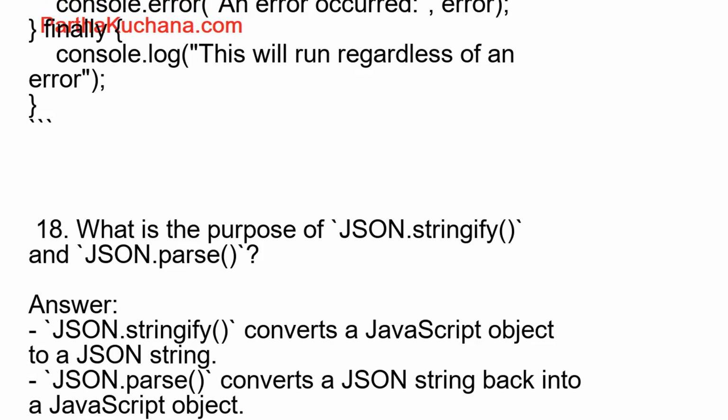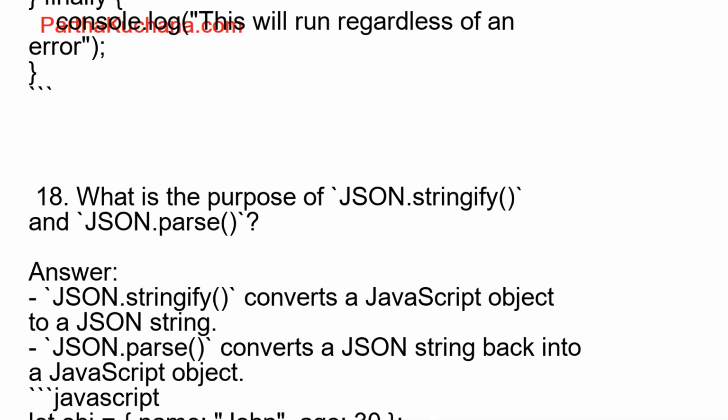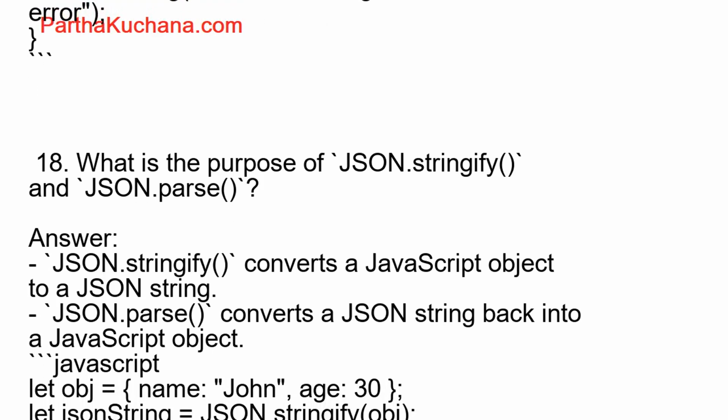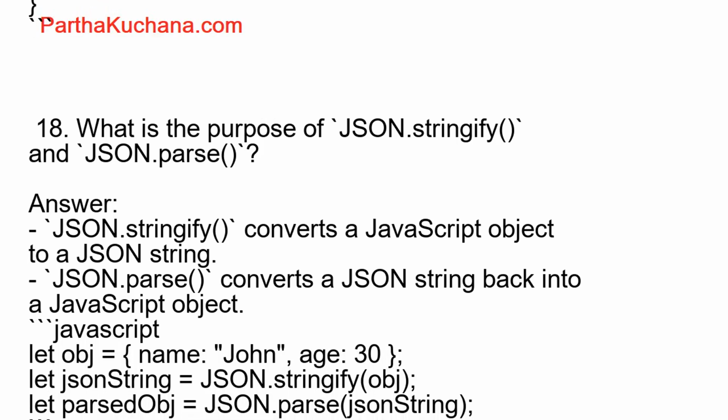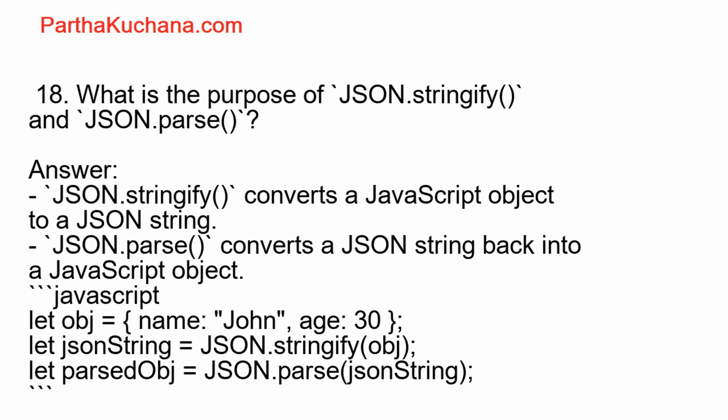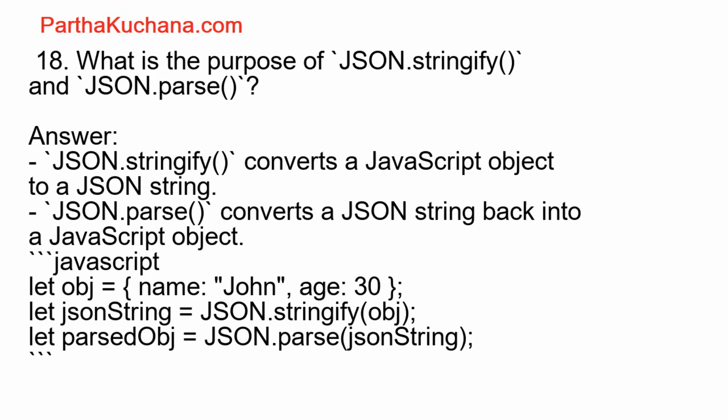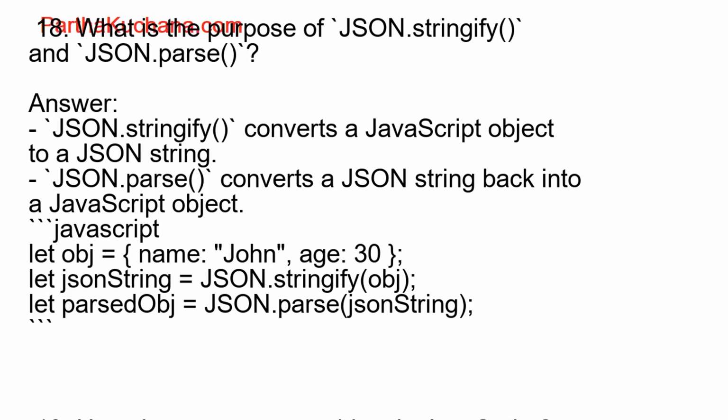19. How do you create an object in JavaScript? Answer. You can create an object using object literals or constructors. Example, JavaScript. let person = { name: "Alice", age: 25 };